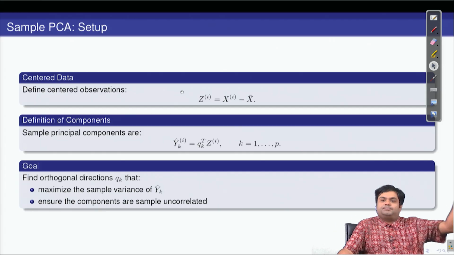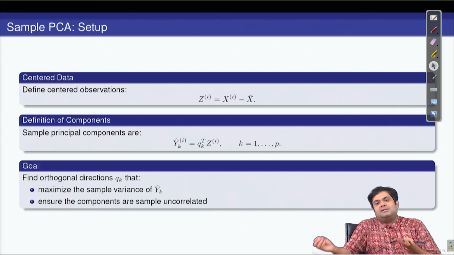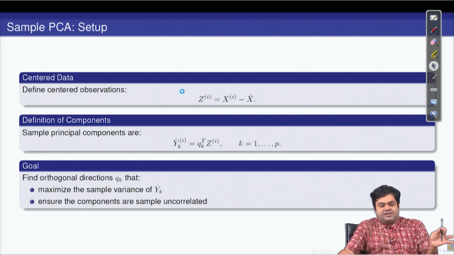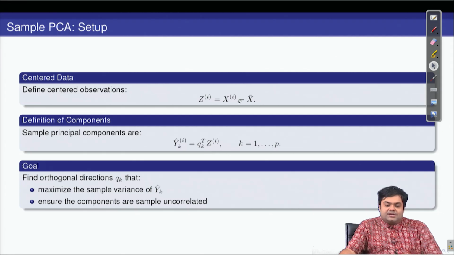So, just like what we were doing in case of population principal components, we do the same for sample principal components, except the only exception is that we replace the population variance covariance matrix by the sample variance covariance matrix. We will see that shifting does not really change the variance. The variance covariance matrix of zi is nothing but the variance covariance matrix of xi's,